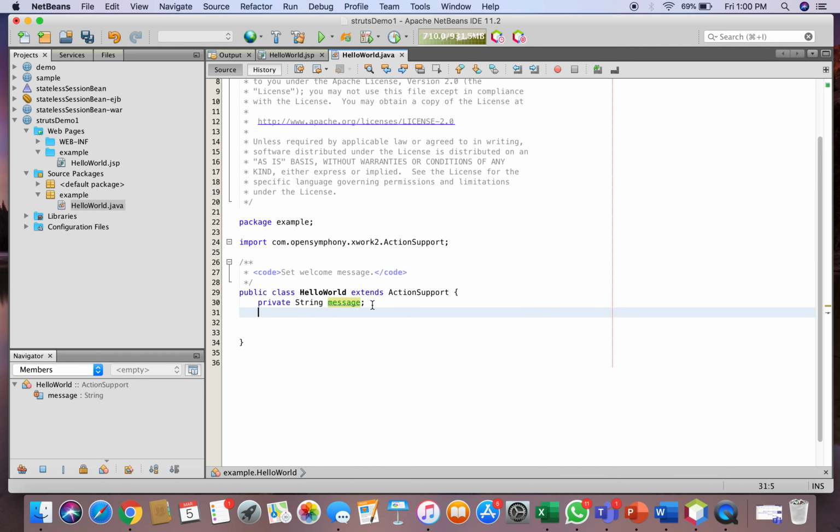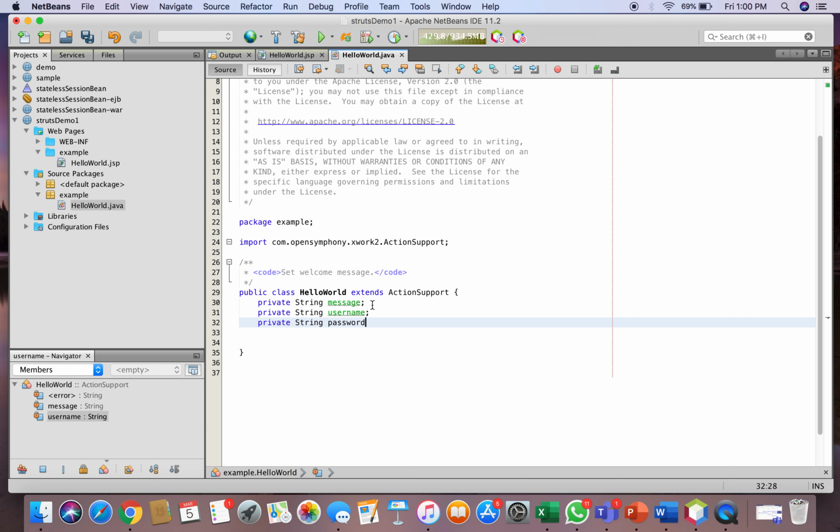So private String message, private String username, and private String password. These are the three variables which will automatically get populated with the values that the user has entered on the click of the submit button.